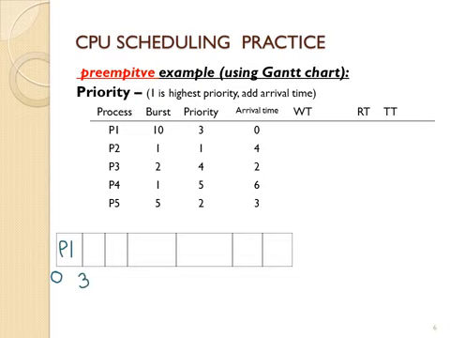So you can notice that at time 3, we will have the arrival of P5, which is a priority 2, which is a higher priority than P1. So P1 will be preempted and will have 7 time units of CPU burst left and a new arrival time of time 3. Now P5 will go. Since P5 has a priority 2, it may be preempted by a